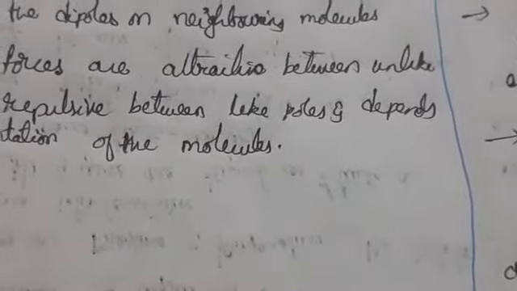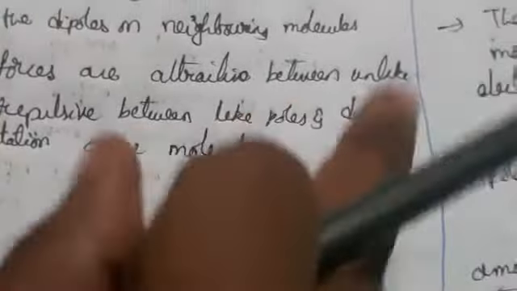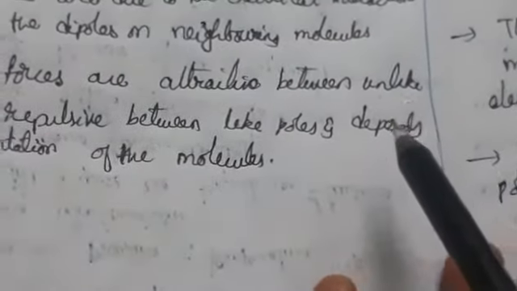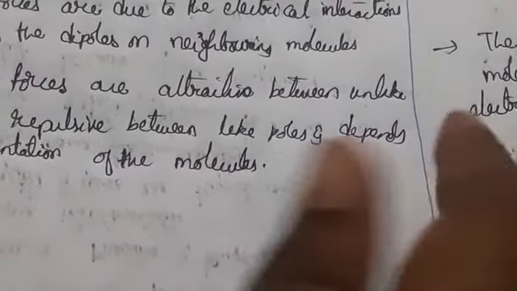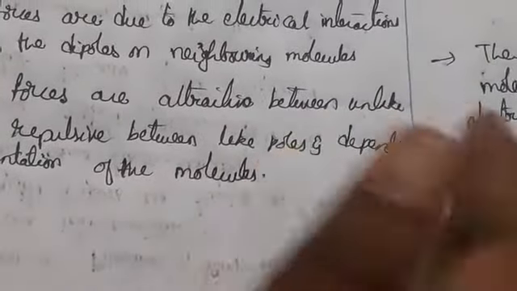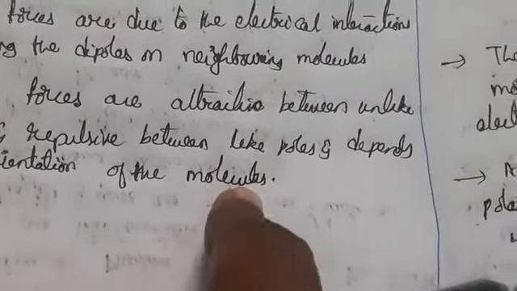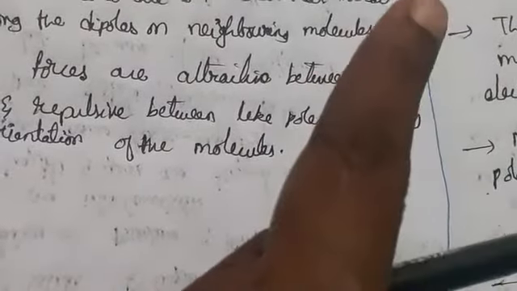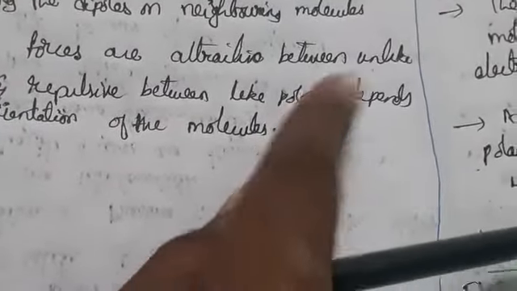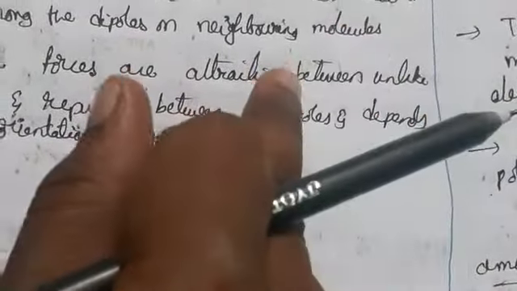Coming to the net force: it is the sum of the individual interactions on both sides. If you add two molecules, it gives a total, which we call the net force. In a large collection of molecules it forms many individual interactions, both types. This interaction is much stronger than London forces, but weaker than ion interaction. Why? Because only partial charges are involved. Because of that, these forces are very weak.